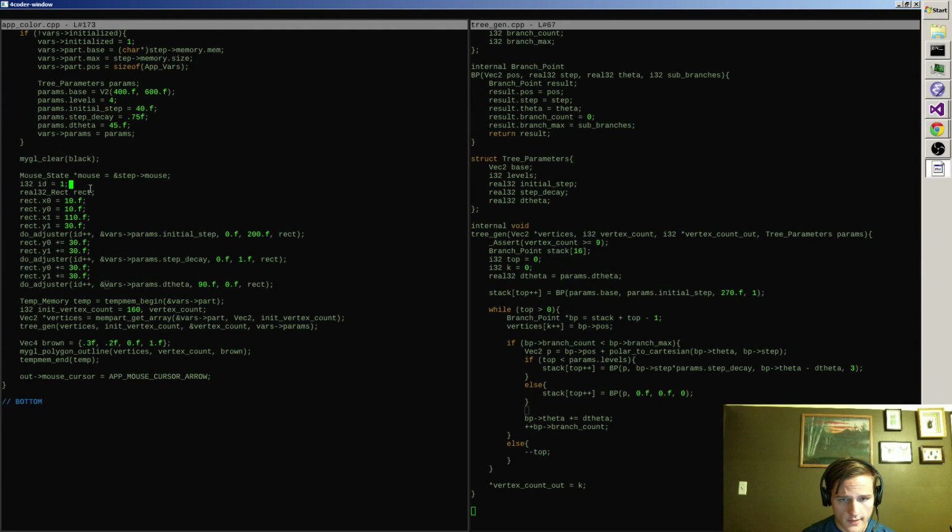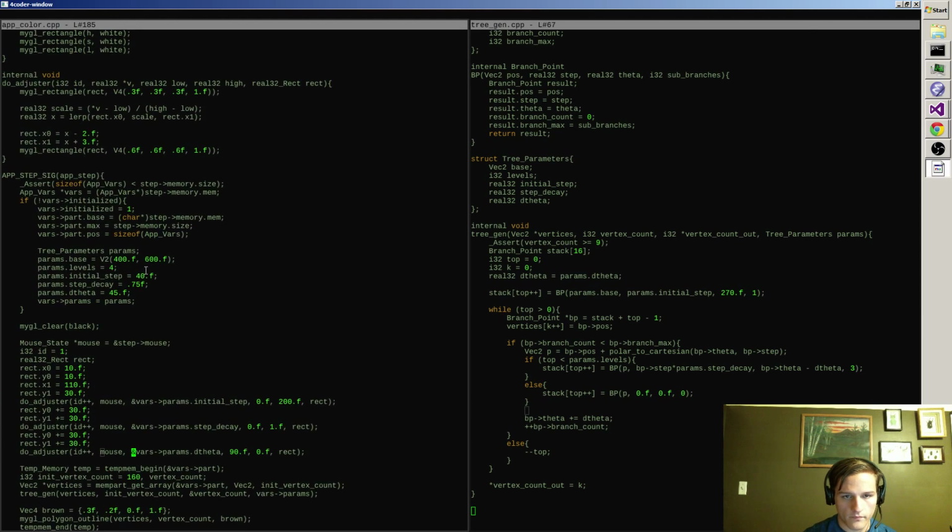And then we want to pass that in here. Okay, so when we do the adjuster now, we're passing in the mouse. So basically what we can do is we can say